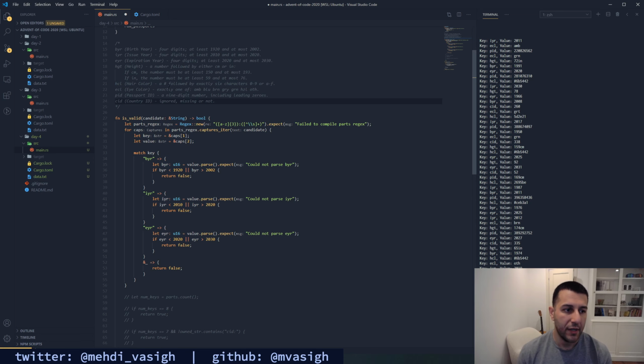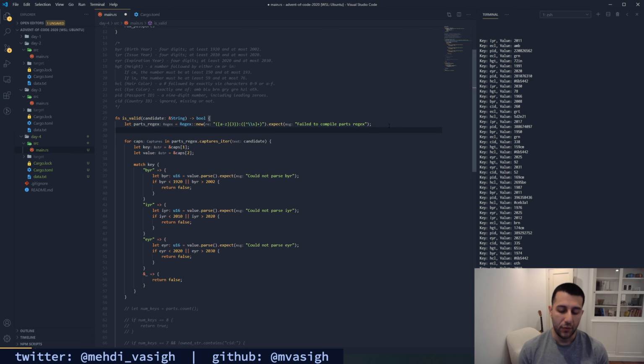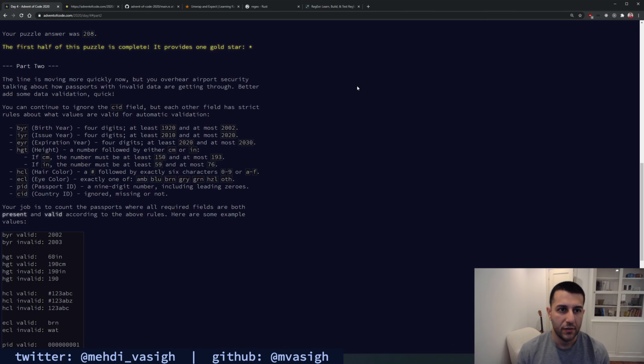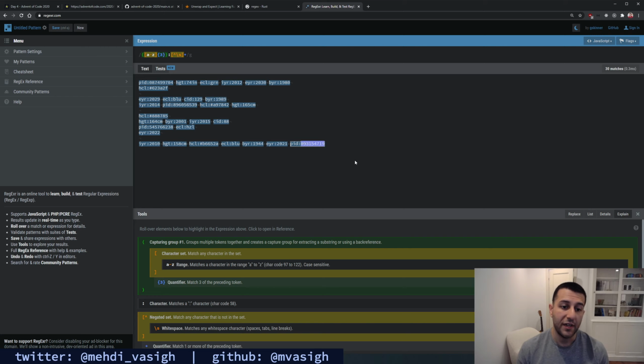Hair color, we probably need a new regular expression for this. So I'm going to compile it once. I'm going to say let hair regex, or HCL regex, new. Let's go over to regexer. It's basically going to be a hex code, right?